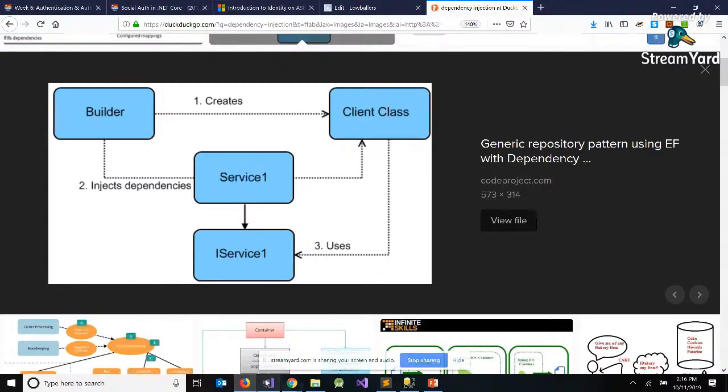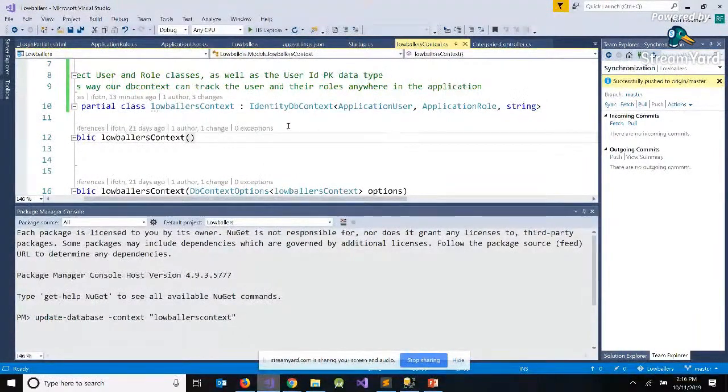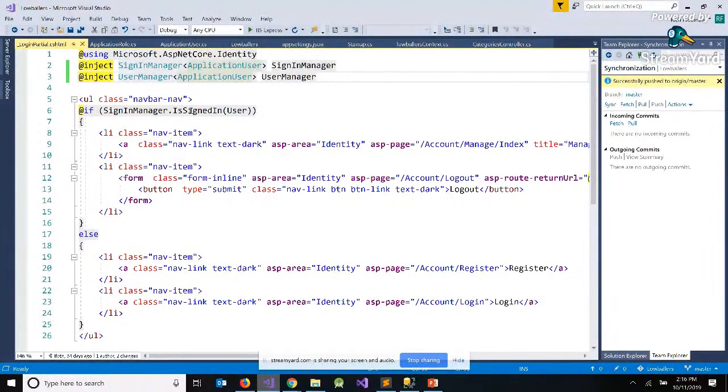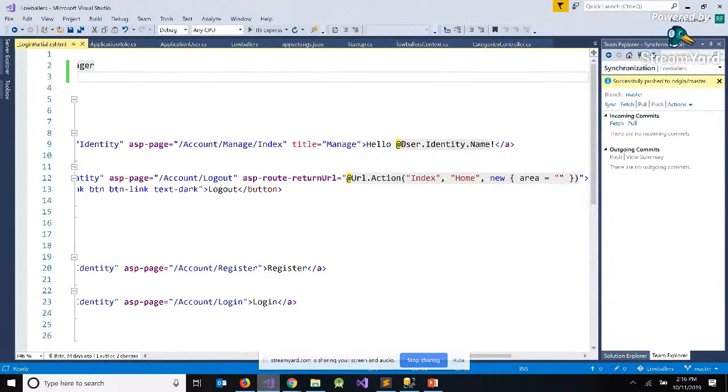So that's what's happening here. At runtime, whenever our database class is being instantiated, we are handing it our user class, our role class, and an identifier data type for the primary key. So Peter's question is, what does inject mean? Here we have dependency injection in the front end, in the UI. In order for this file to be able to determine if the user signed in, and also to be able to display the username,